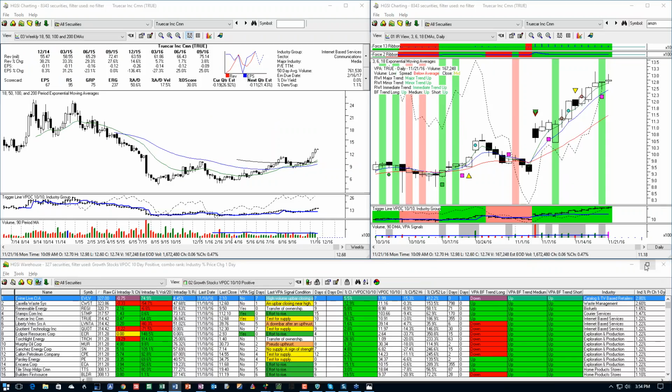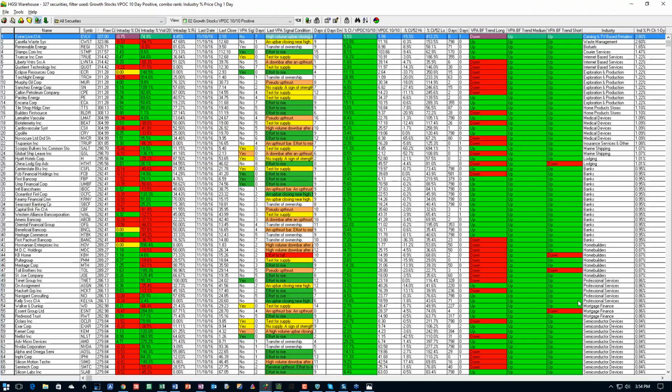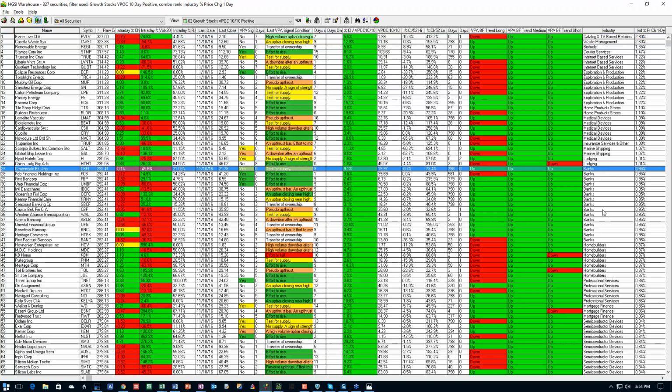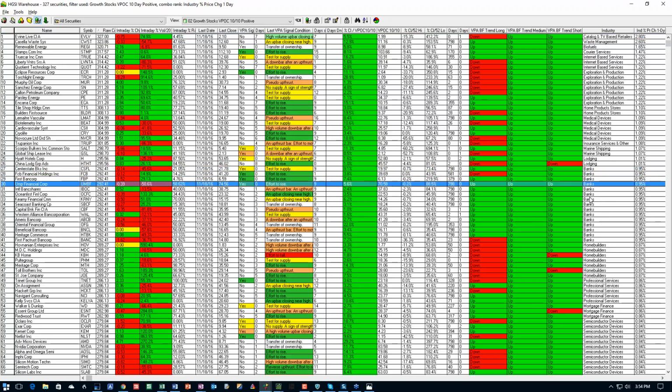Now, this is from last night. I have not updated today. And this is the growth stocks VPOC 1010 positive. In other words, the volume point of control is positive, and these are growth stocks, and there are 327 of them. Now, if you've been following along, and if you take the morning report and so on, you know that